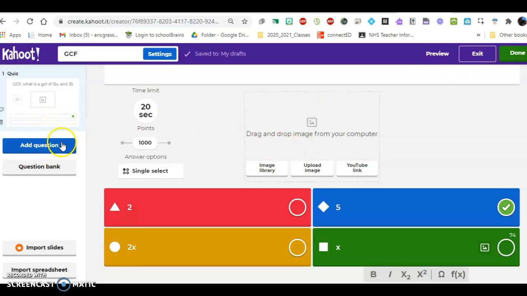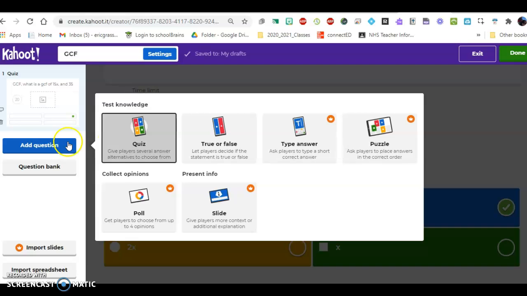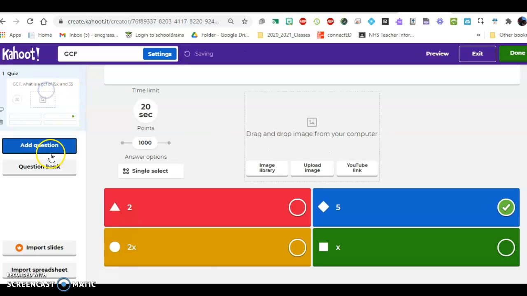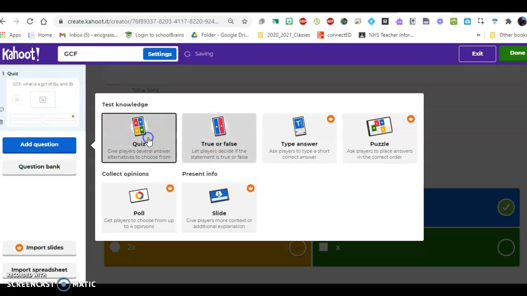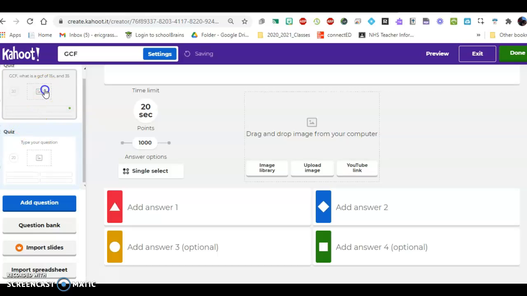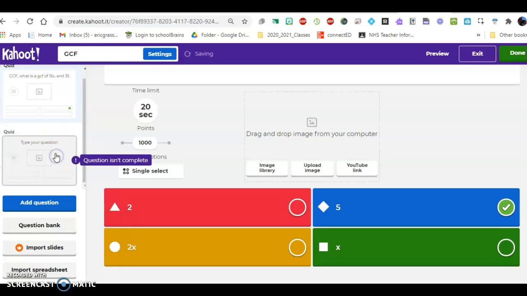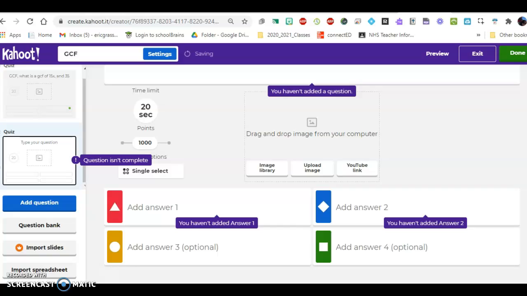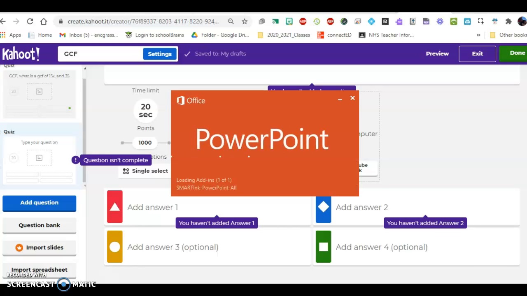We're done with this one. We're going to go to another question. Let's add another question, quiz. So our first question's here, second question here. Some people have been telling me that they've been taking snapshots or taking photos of pictures that they made in, let's say,